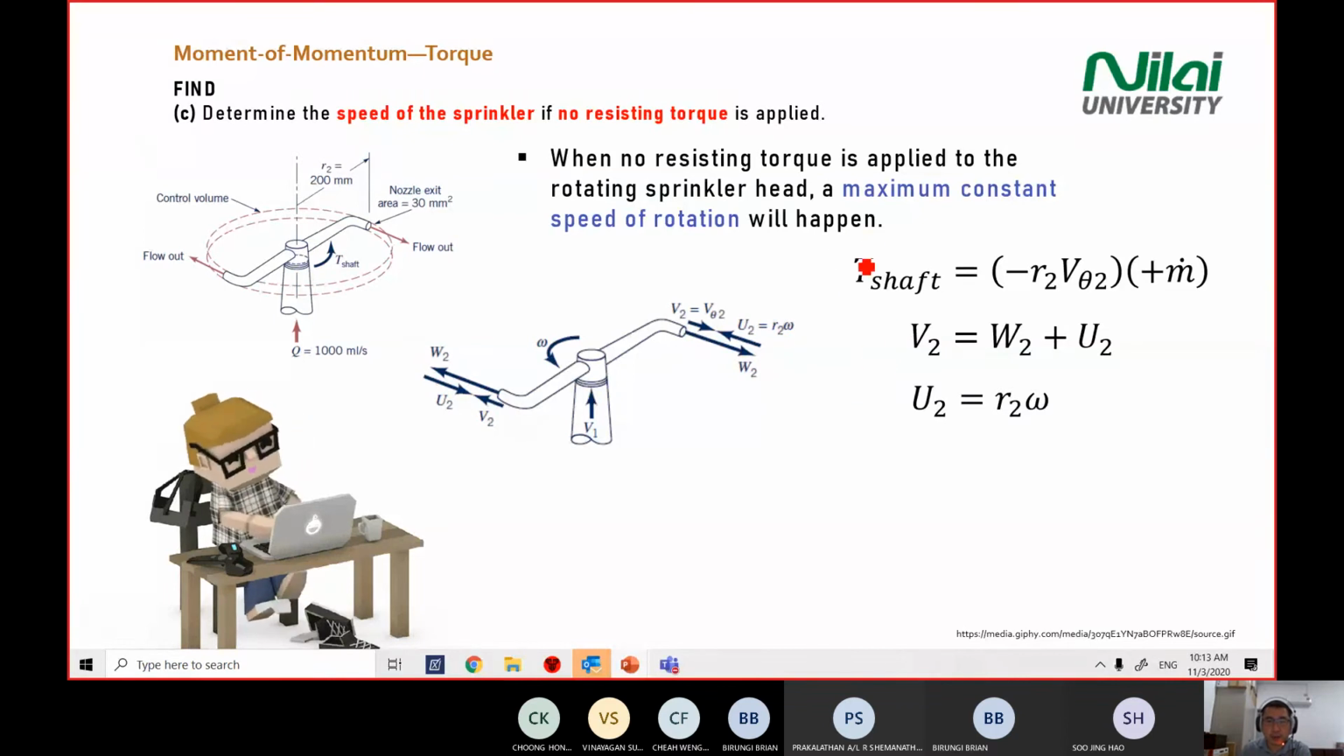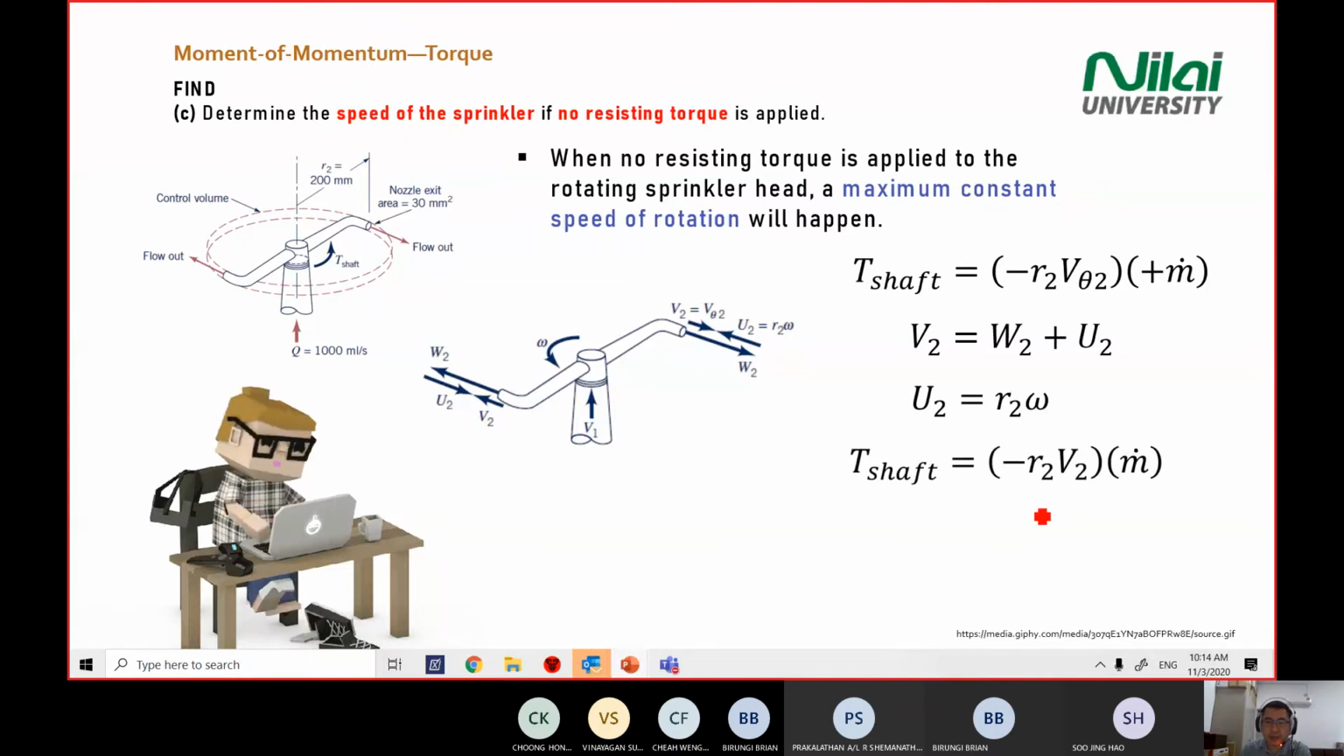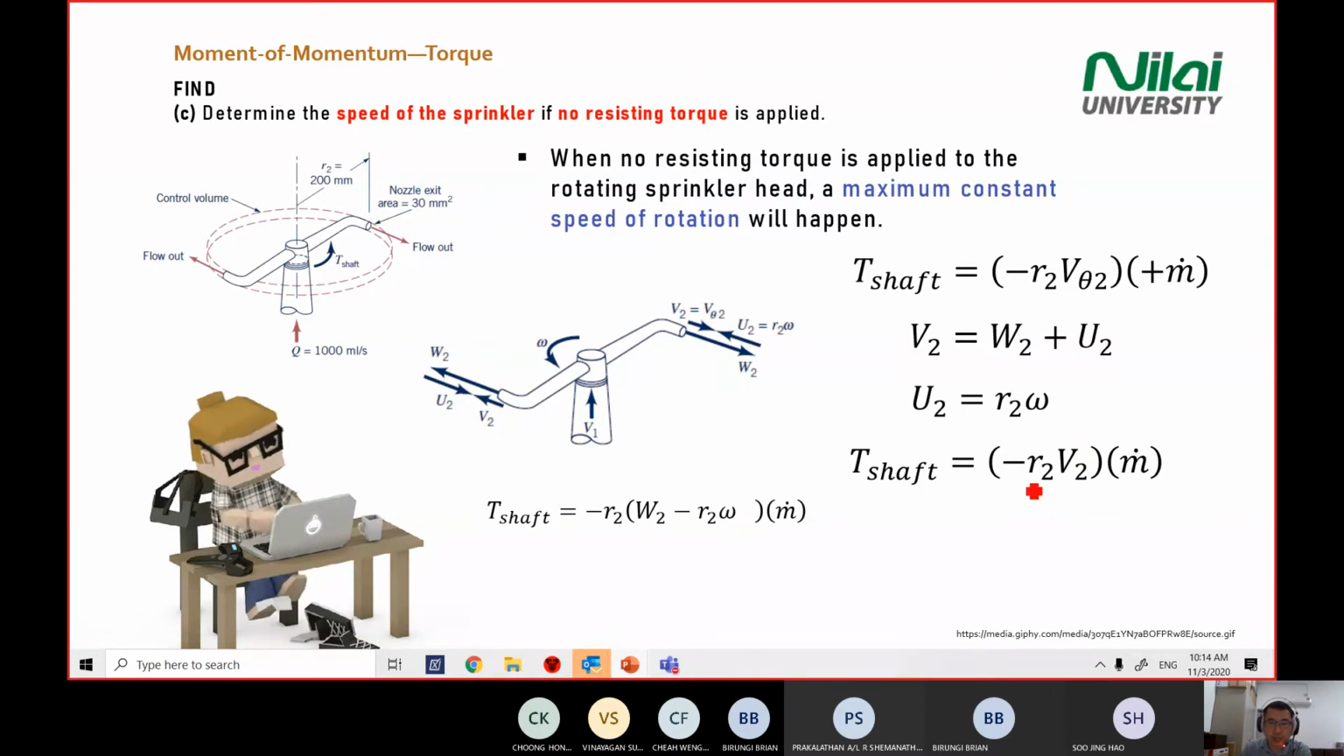So we'll use back these three equations. T shaft equal to negative R V times the m dot. V equal to W plus U. This is the vector equation. And then your U2 equal to R2 omega. Right. This is just a simplification of these three equations. T shaft equal to, substitute the V2. So again, in this case, we need to calculate the V2. The modification we make is that